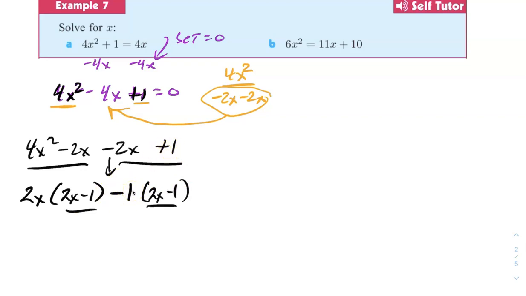Hey, these match. You factor that out: 2x minus 1, 2x minus 1. If you factor these out, look what's left over. So I pull those out and I got this. And look what's left over, 2x minus 1. So I get that, and then now that it's factored, you just